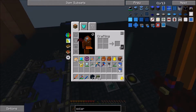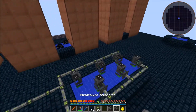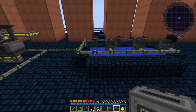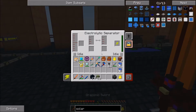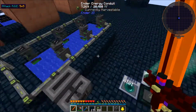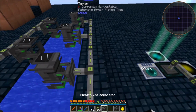And let me set this stuff to the side. And the next thing that we're going to want is we're going to want to get ourselves some electrolytic separators. And let's go ahead and we'll just set these up. I think just right here, honestly. You won't need a ton of these electrolytic separators, honestly. So we'll set them like that. And then what we'll do is we will pump, let's see. Actually, can I rotate this? No, that's not what I want. Tell you what, let's...